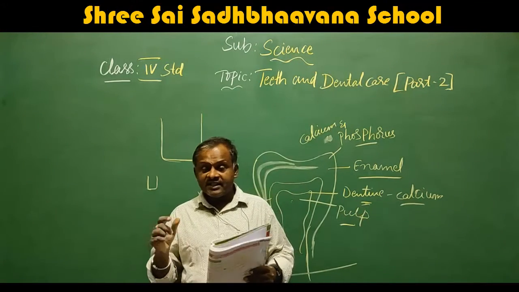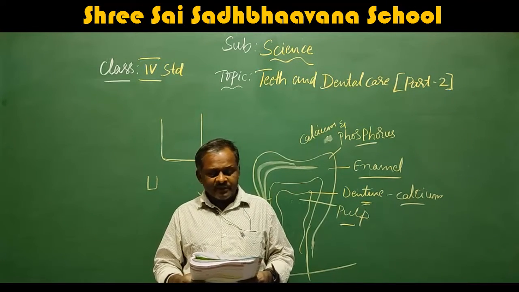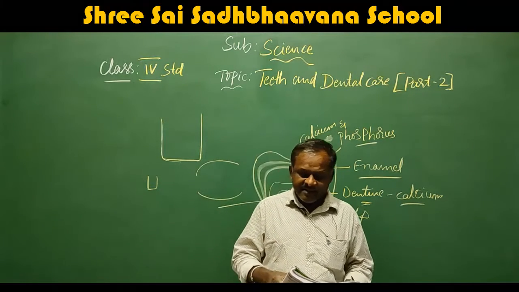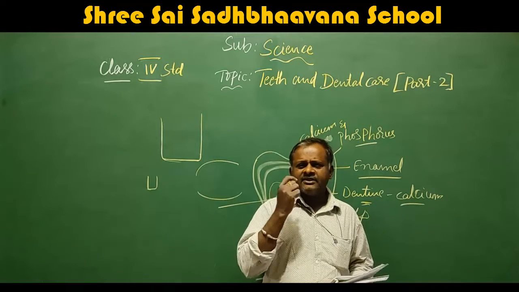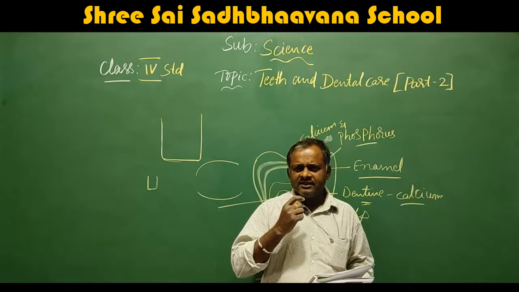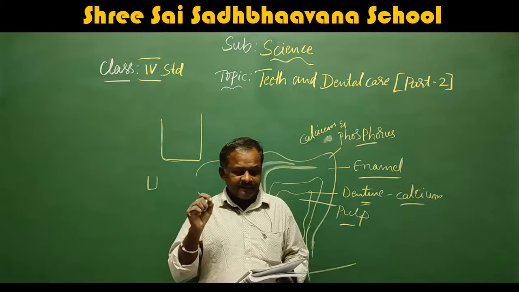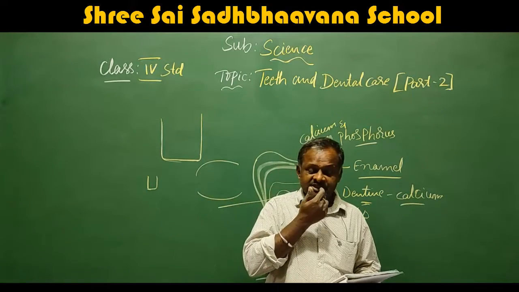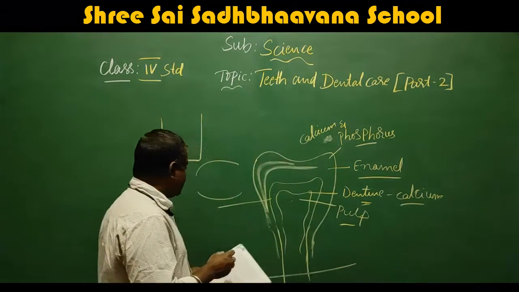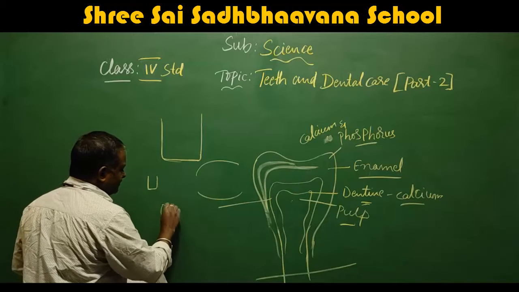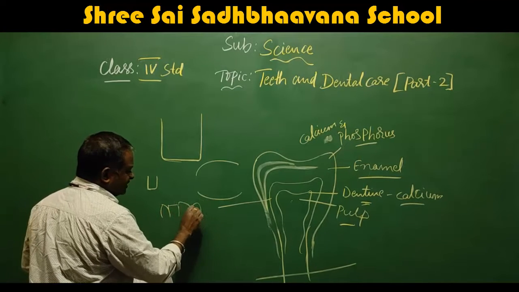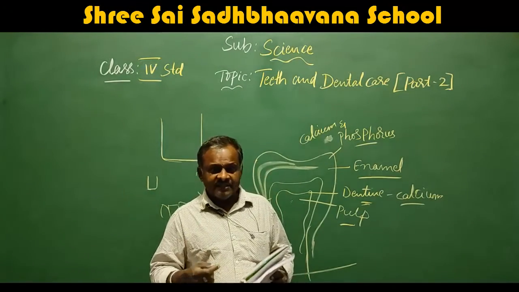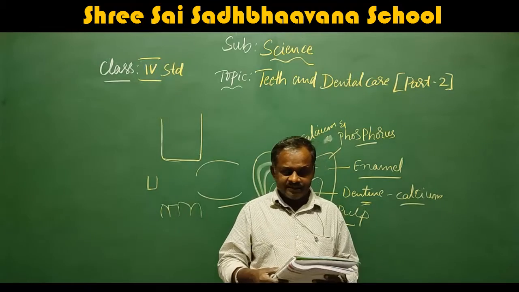So here is how the teeth get damaged. Proper care of teeth is necessary for keeping them healthy and strong. That means we have to take care. When we eat food, at the time of chewing and cutting, small pieces, teeny bits, teeny means small bits of food, get stuck in the spaces between our teeth. In between our teeth, there are some spaces. For some people, they are much bigger. For some people, they are very, very small. In that, the food will get stuck.